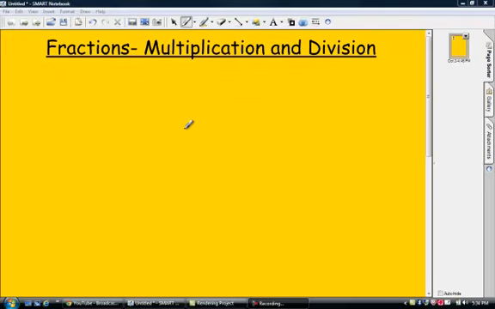Okay, we're here to work on multiplication and division of fractions. We're going to do two types of multiplication of fractions and two types of division. We'll start with multiplication. 5/8 times 4 over 9